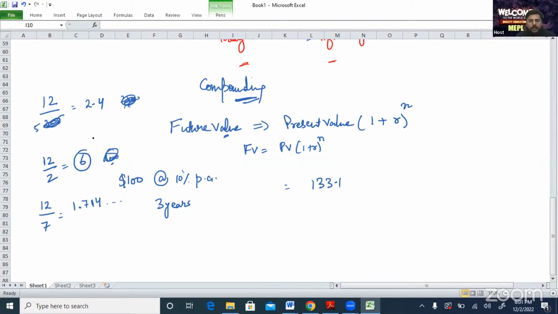So now you can see if you do it on your calculator. For example, you do 12 divided by 5. What is coming? Again you can see 12 divided by 5, 2.4 is coming. If you do 12 divided by 6 or 12 divided by 2, then you can see final answer 6 is coming. Are you getting my point? Then final answer 6 is coming.